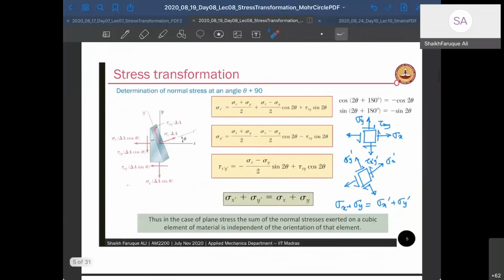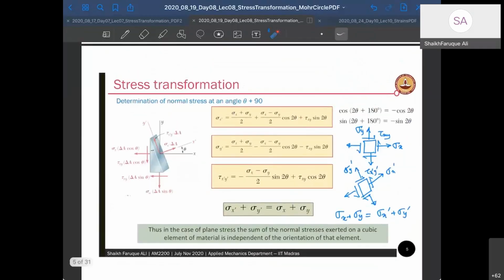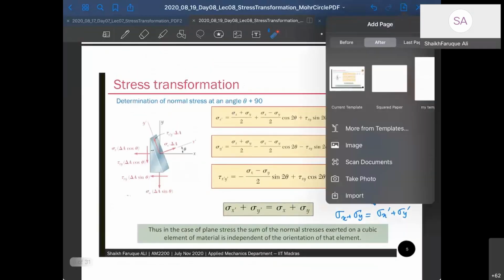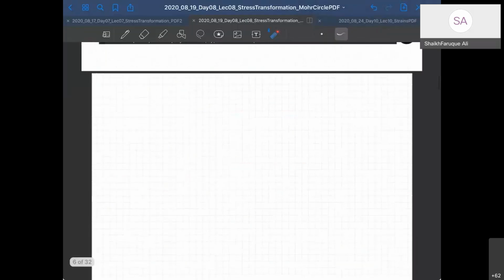And we found a formula for that. Last class we derived it. The formula is: sigma x dash is given by this formula, sigma y dash is given by this formula, tau x dash y dash is given by this formula. There are a few points to note. One of the first points to note was, let us write it so that we remember it. There are a few points to note. One of them